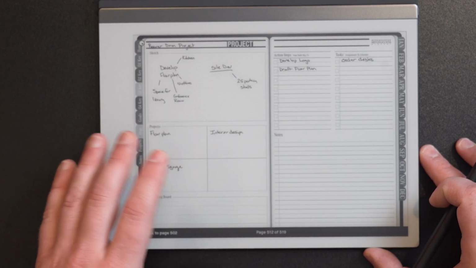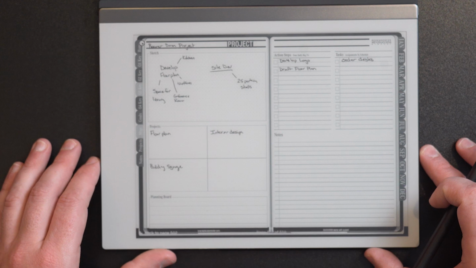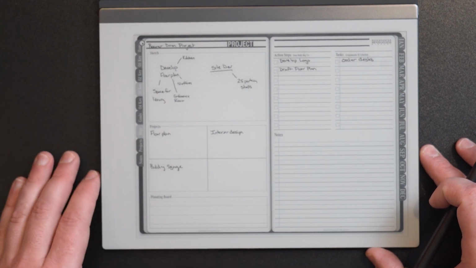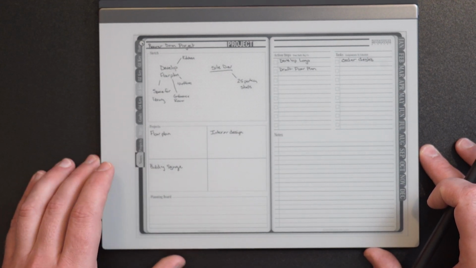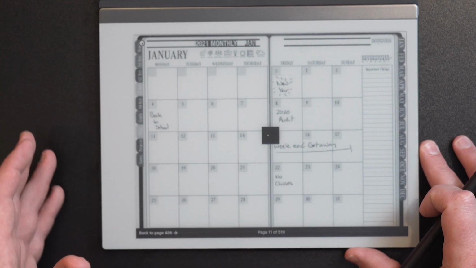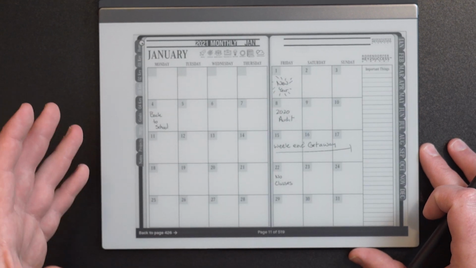Our project section allows you to track and take notes on certain projects that you're working on at home or at work. Our note pages are designed to help you just keep track of your notes and journal beyond what's offered in our single daily pages. As far as navigation goes through the planner, if you need to get to a date